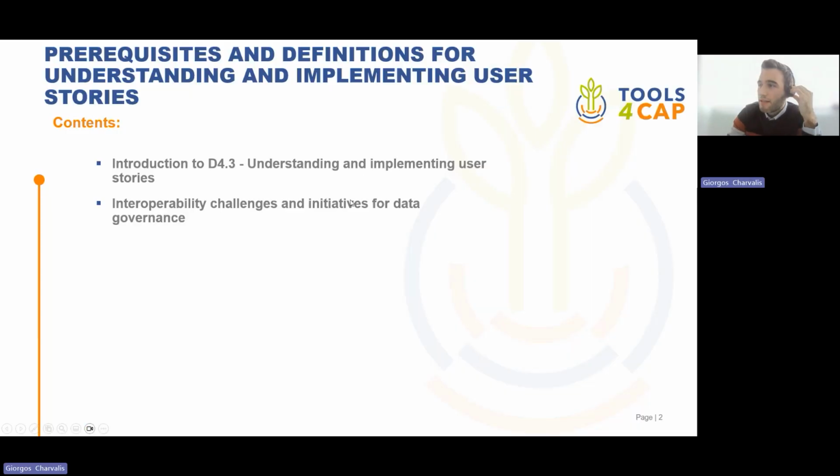I will present two parts. The presentation is split in two parts. The first one is exactly what I described to you: understand what is a user story, what is a UML sequence diagram, but also the second part of the presentation will focus on the interoperability challenges, because